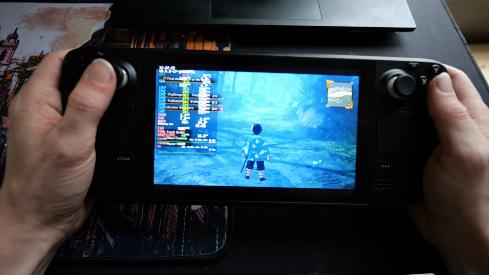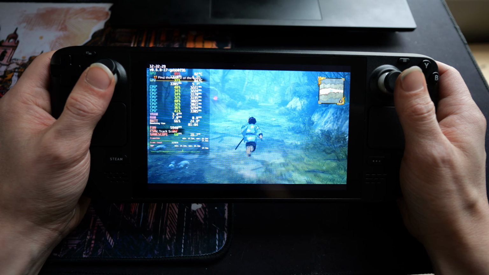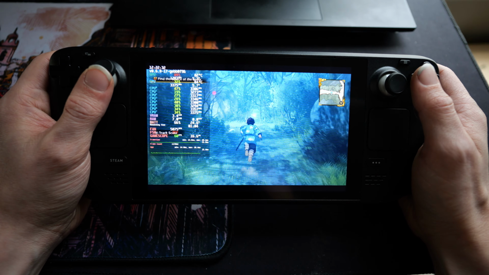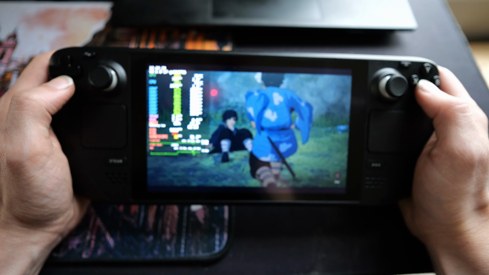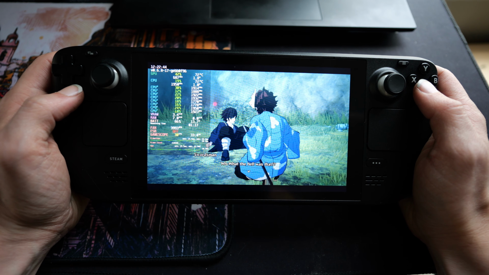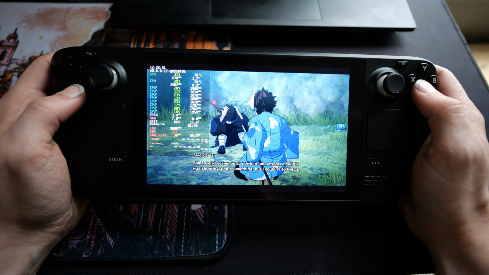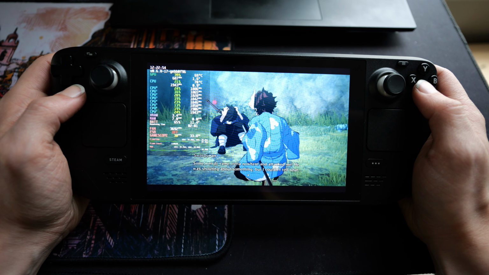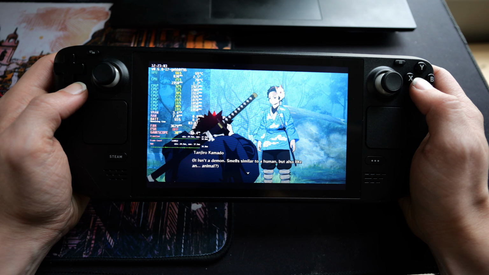All right, guys. Let's get a little gameplay in here. Ooh, this guy seems like he's seen some shit. Hey, are you okay? What the hell was that? Was it some weirdo came out of nowhere and attacked me? He was shouting about something, but I couldn't tell. He's right. There's a strange smell in the air. A strange smell, you say? It isn't a demon. Smells similar to a human, but also like an...